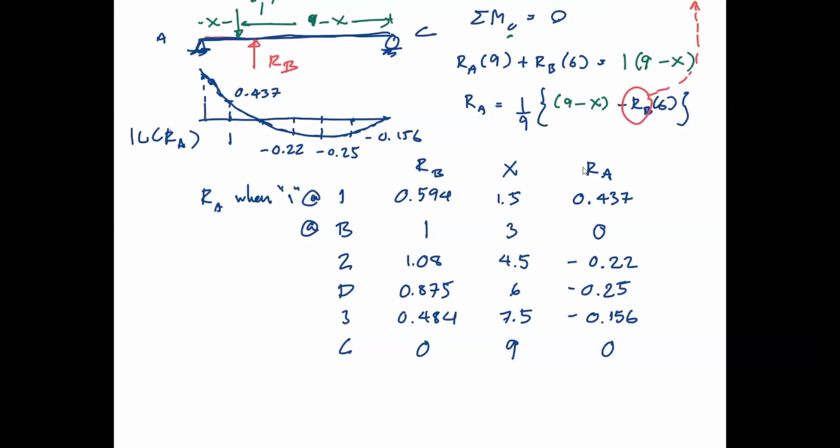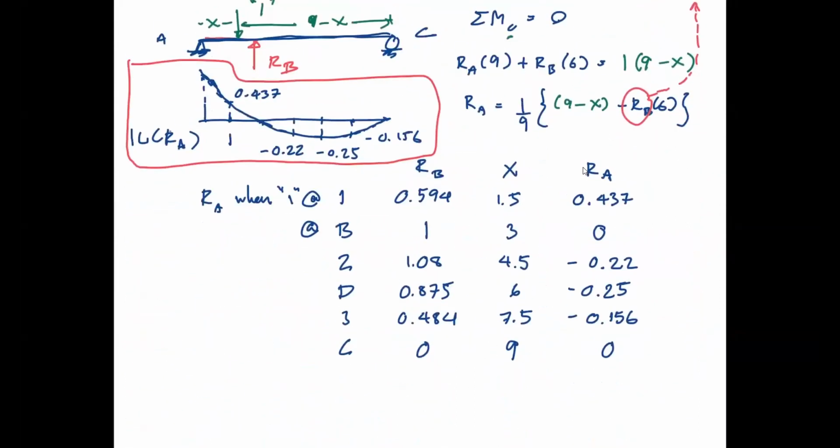Okay, so now we have the correct values for this B. So we have this now. Influence line of RA, that's correct. Okay, we have RB. So now you should be able to guess by now, because now it's playing with the